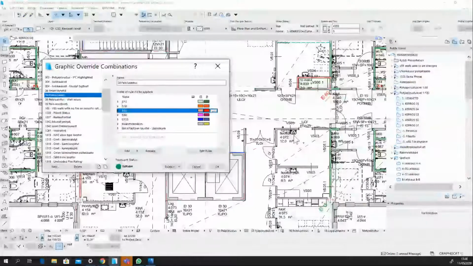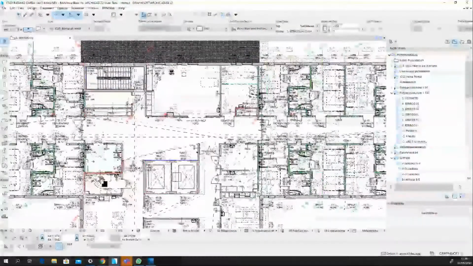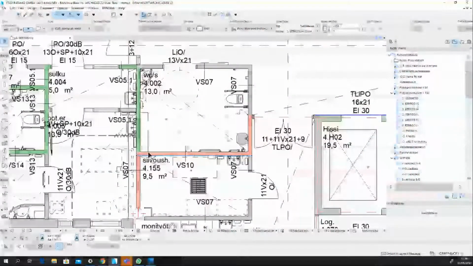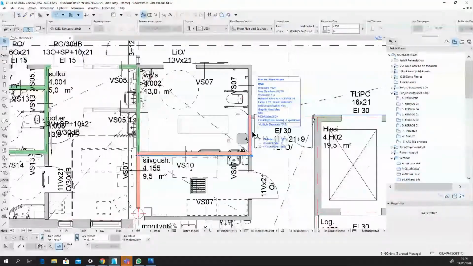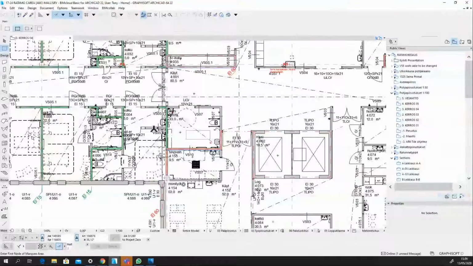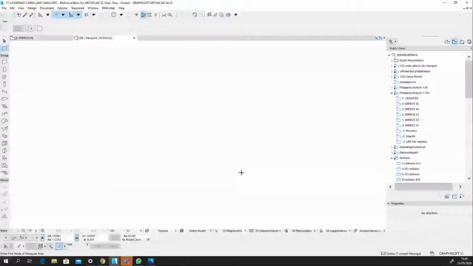So now we go here, and this is telling me that potentially we have some walls here that have a problem. So we can go now and fix those, find out what type they should be, and change them from there. So if we were to do this in 3D,